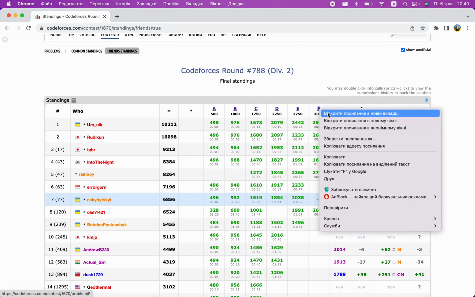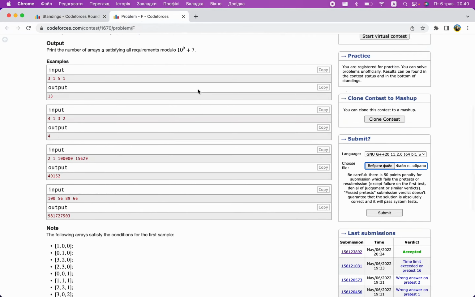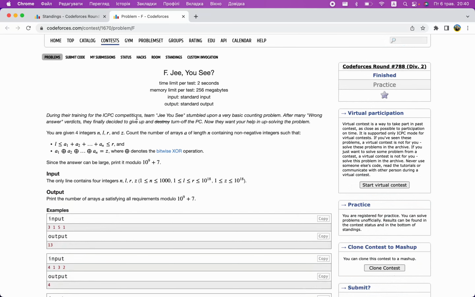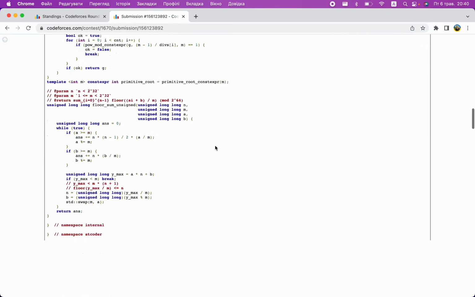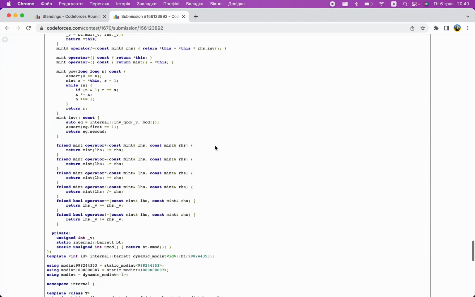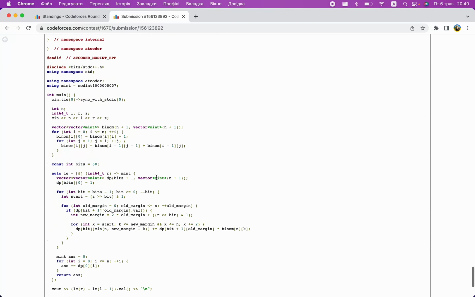In problem F, we had to count the number of arrays A of length n such that their sum is in some range and their XOR is fixed. The array was reasonably short, but other constraints were not short. So what I did in this problem, after we scroll past the coder mod int implementation,